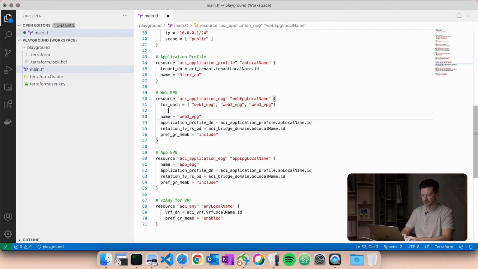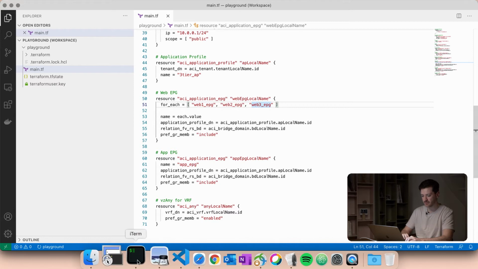And then the name for this object is not going to be some fixed name anymore. Instead, we should use keyword each. So this will basically point us to this loop. And we say each value. So what we have done here is basically we say, Terraform, please run this resource as many times as you have values in there, and run it every time, changing this, picking one of the specific values from this set, from this list. Okay, so let's save it and let's do